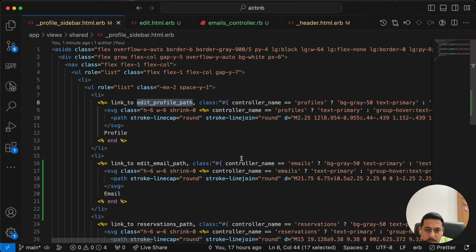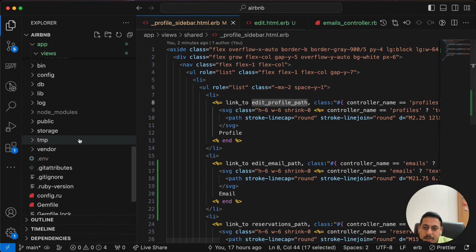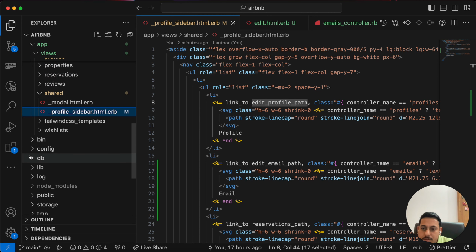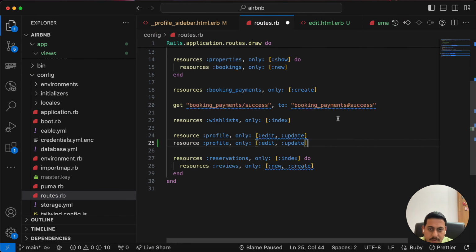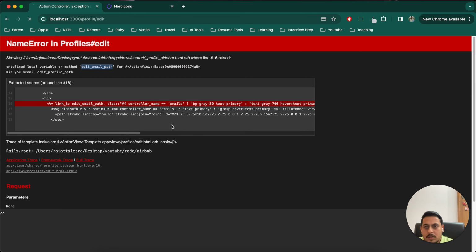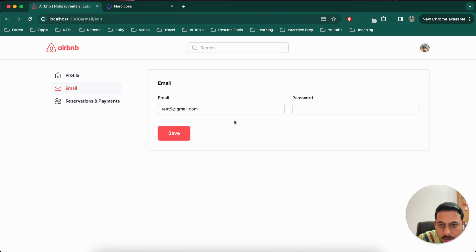Profiles, emails, edit email path. Okay, we haven't mentioned it in routes, right? So let's go to config, routes, copy this profile and paste it and rename to email. Refresh, and it works. But the problem with this is, let's say if I want to change,